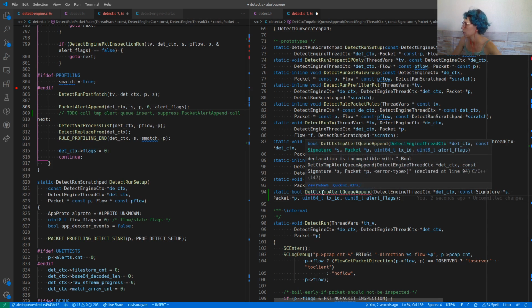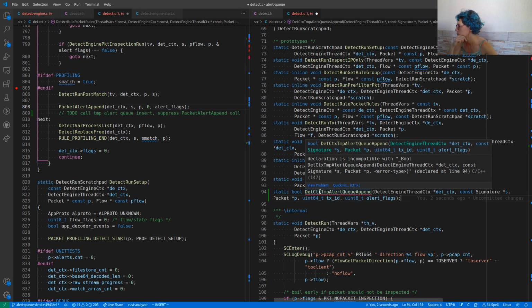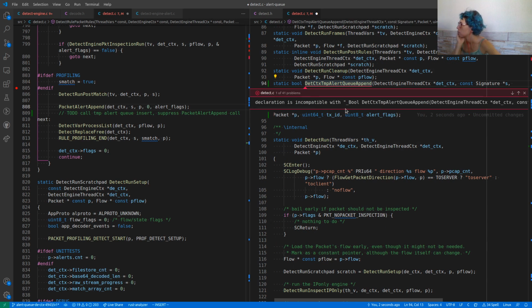What's wrong here? Yeah, declaration is incompatible with bool. Why is it? Oh, you were a struct. I have to understand this. View problem. What is it that I'm not grasping?